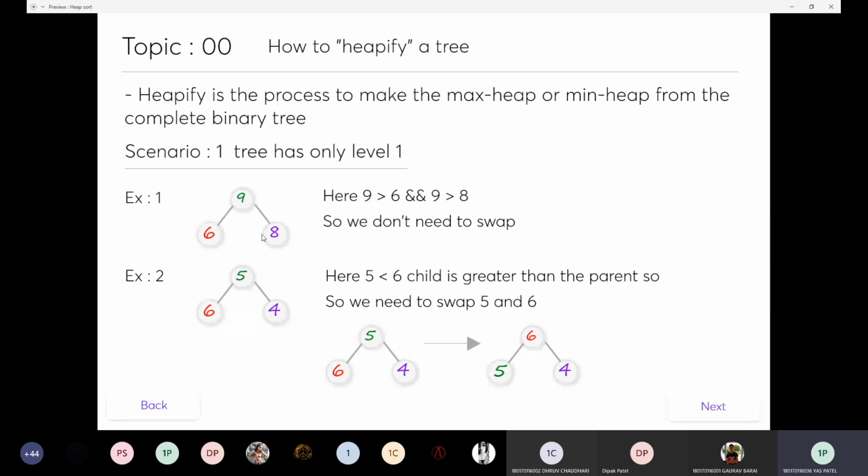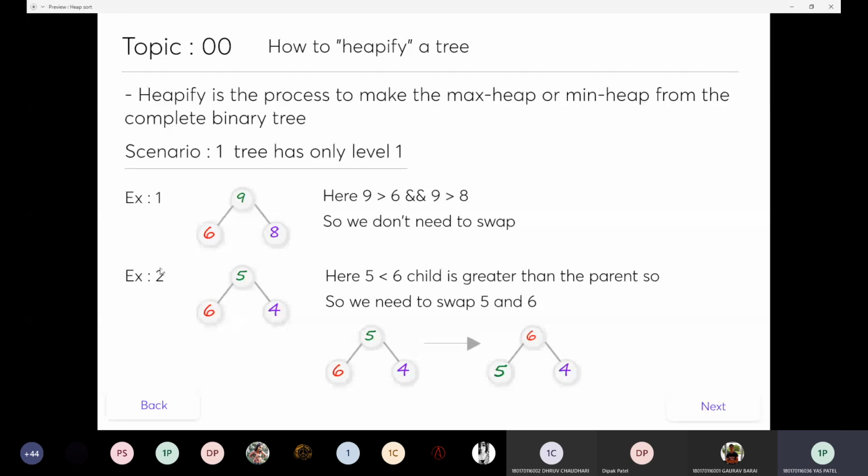So how can we make it with heapify? Let's consider this parent. In the max heap, we learned that the parent is always greater than the children. So compare it with both children. 9 is greater than 8, it's okay, and 9 is greater than 6, it's very good. So we don't need any changes, it's already a max heap.